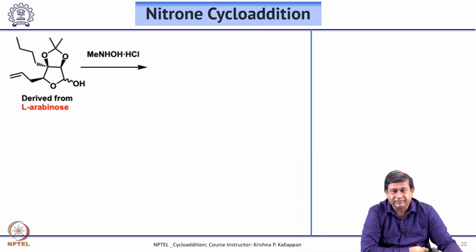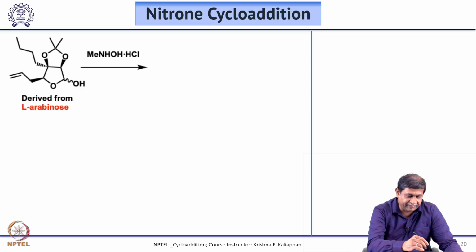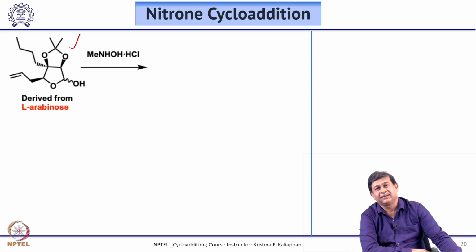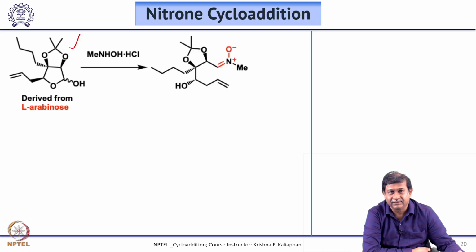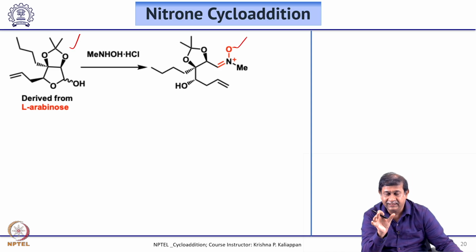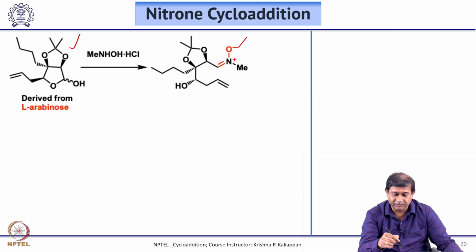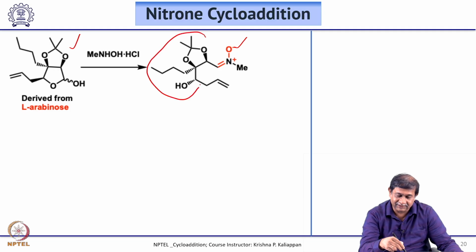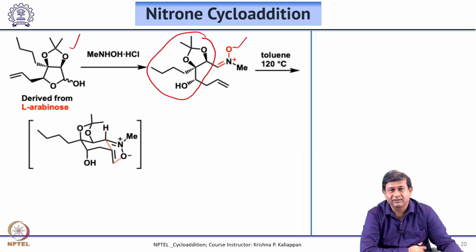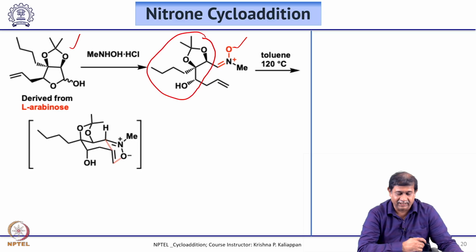Now, look at this little bit complex monosugar. This is derived from L-arabinose in a few steps. Now, if you treat it with methyl hydroxylamine, that should form this nitrone. Already we have seen a similar example starting from citronellol. So, now you have more chiral centers, and this can undergo an intramolecular dipolar cycloaddition and through this